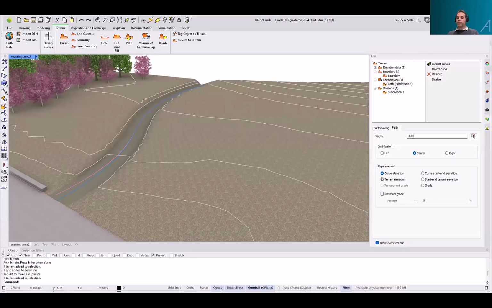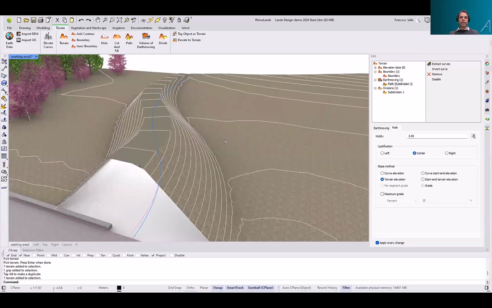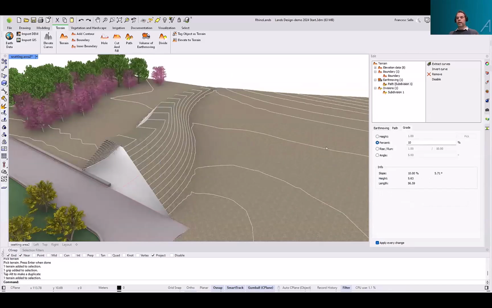We can choose this option to basically try to find the least modification according to the existing terrain, or you can explore the different options, but I'm gonna show you this one, the grade, because this will let us create that path according to a